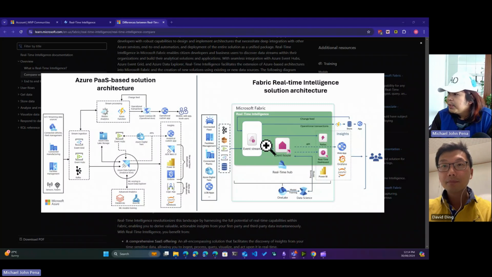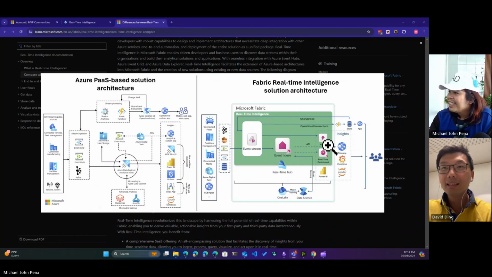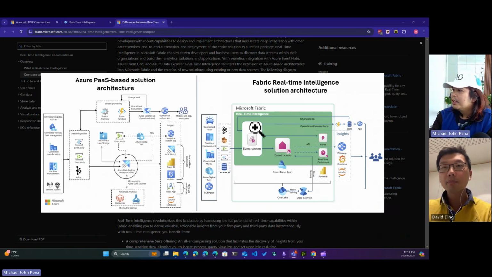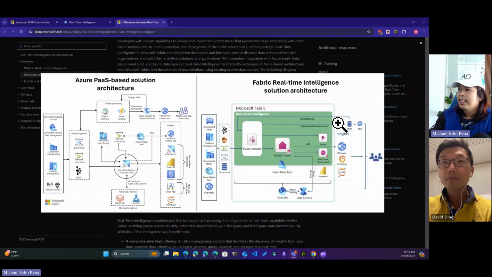And then from there, you can either create a real-time dashboard, and I'm hinting to you this is a real-time dashboard, really, really real-time. It's not like a Power BI report trying to do a direct query every 5 seconds or so. Or you can do Reflex, which is similar to a Power Automate trigger type of thing. Or through the event stream, you can still forward that to Azure Functions and so on, right? Some of this more customizable experience, you can still do that.